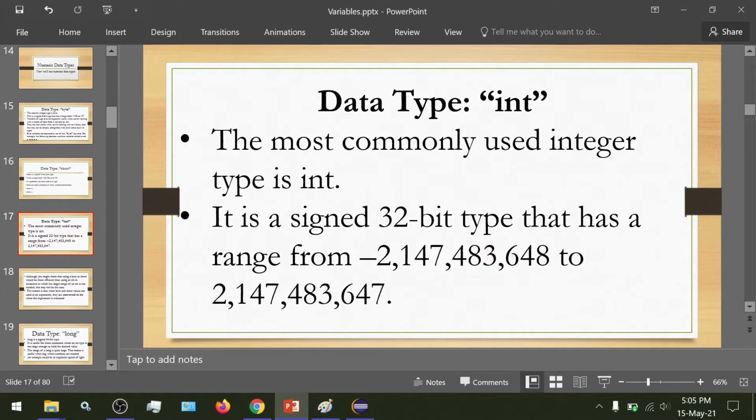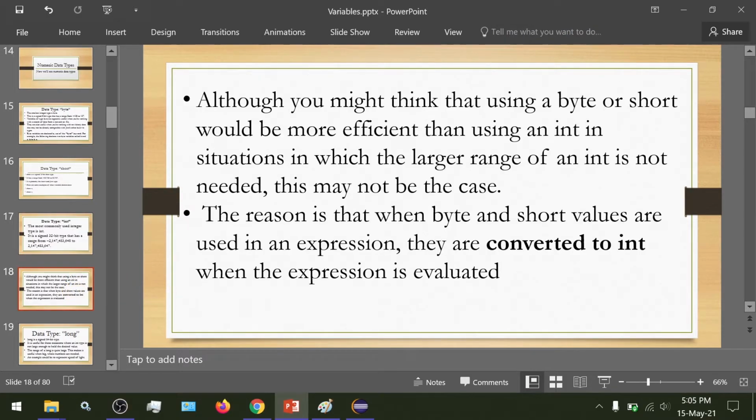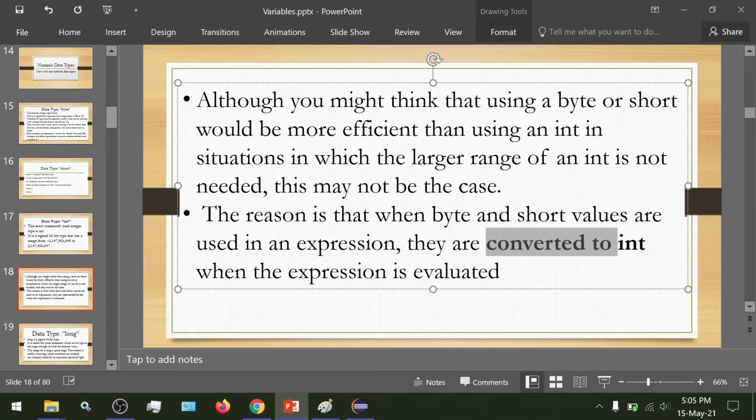As we saw before, the range of int is very large, so even if very big numbers come into the picture, int can handle them. That's why byte and short are converted into int before they are evaluated, when the expression is evaluated.